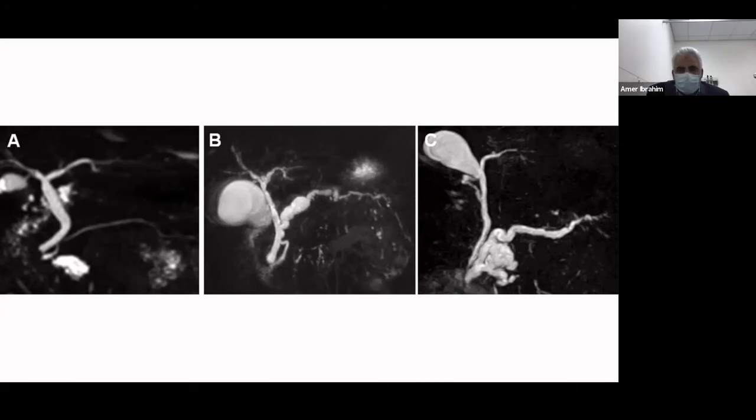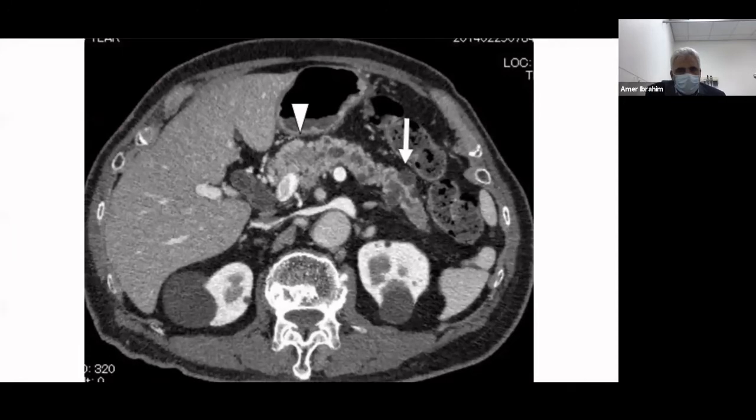Okay. Now I'm just going to go through this image to show the malignant development of cancer in the presence of IPMN. In this axial CT image, you can see the pancreas, and in the pancreas there is a cystic lesion, labeled by the long white arrow. These are the side branch IPMN. However, you can see some dilatation of the main pancreatic duct in the middle of the body of the pancreas. As you go towards the neck of the pancreas, which is marked by the white arrowhead, you can see there is a